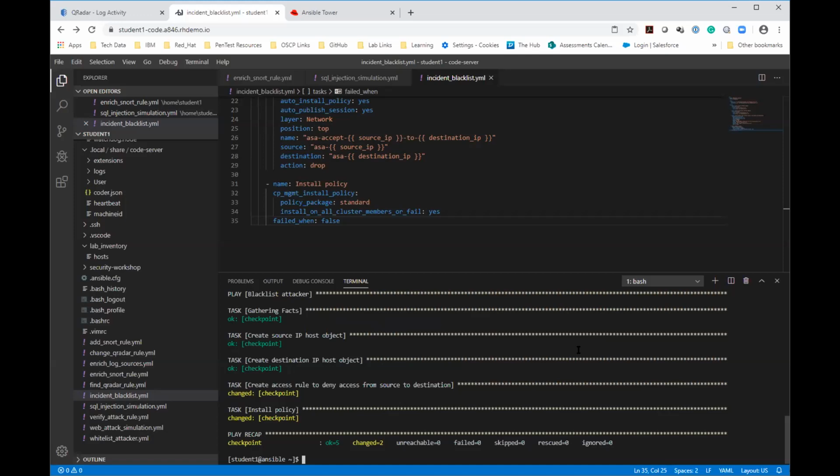So we have 2 changes that were made, and just to show you that the changes were actually made, and that this isn't just a made up demo, the last thing I will share with you is, if I can find it,